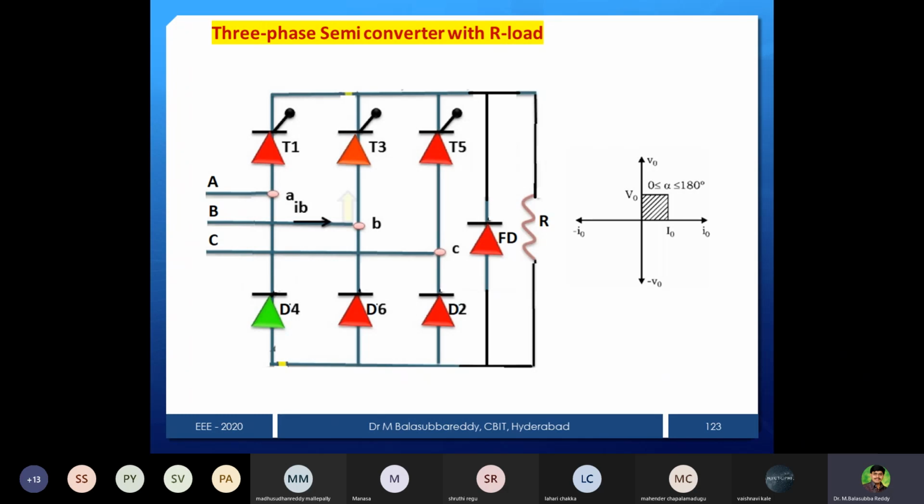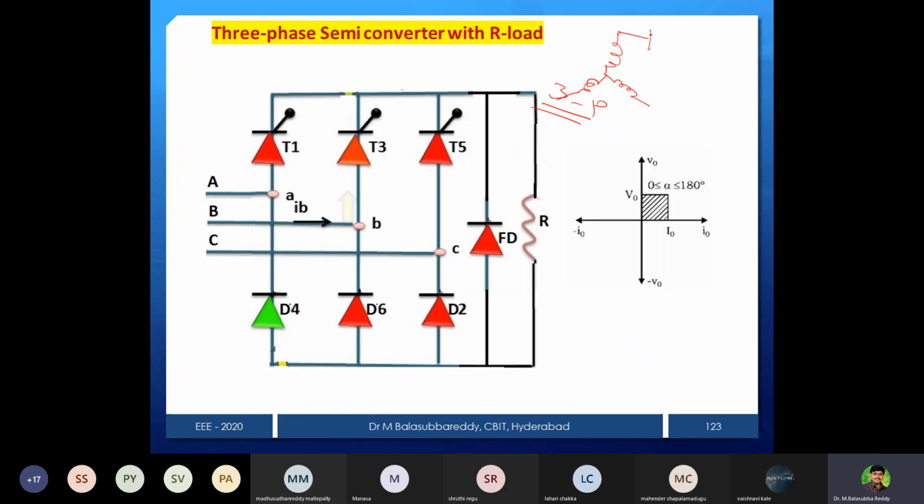In the previous class we discussed the 3 pulse midpoint converter as well as the 6 pulse midpoint converter. So now the same thing, bridge rectifiers. Here we can see there is a 3 pulse bridge rectifier. So this one is a 3 pulse bridge type, and that was a 3 pulse midpoint type. We noticed the response there, the output is the phase voltage. So if you see the diagram in the previous case,